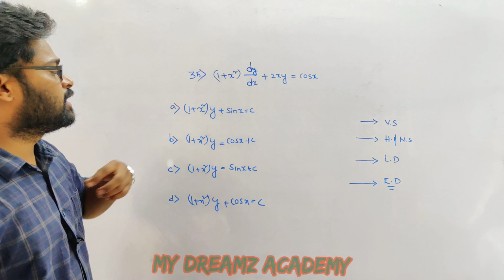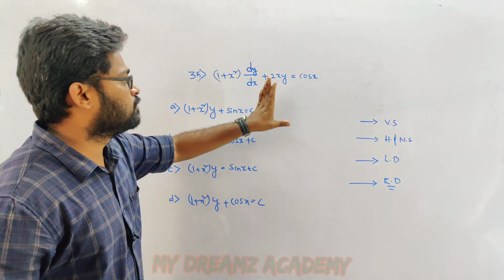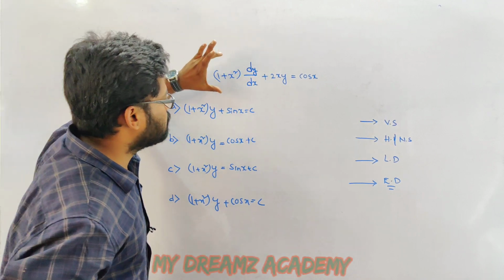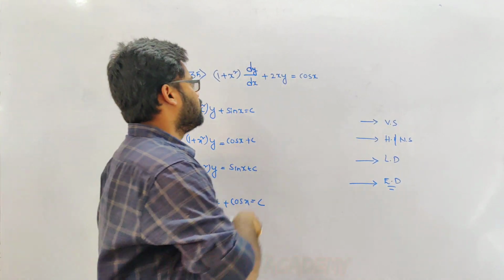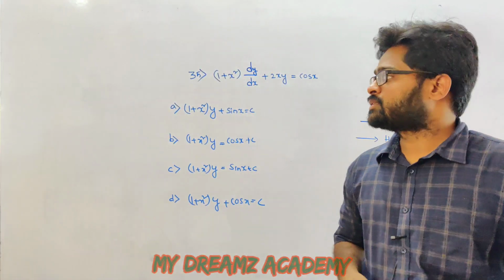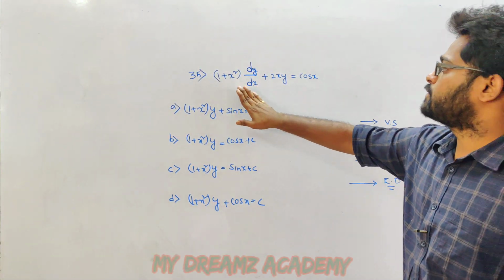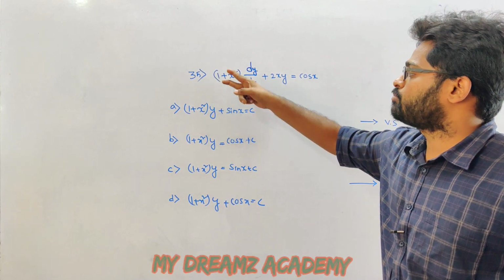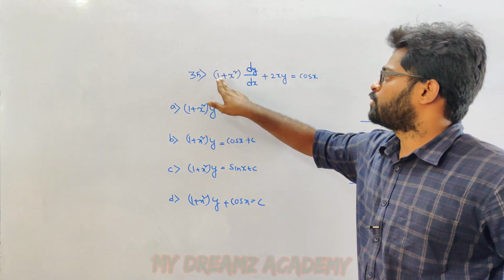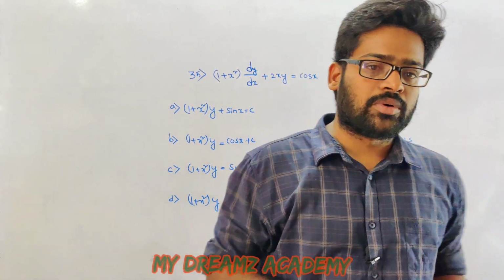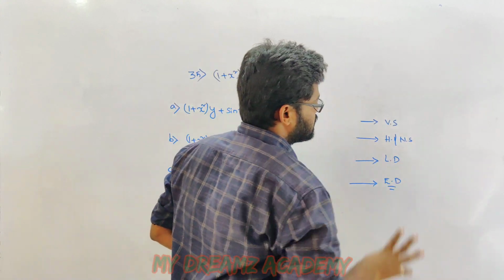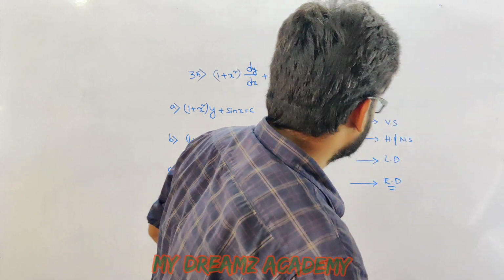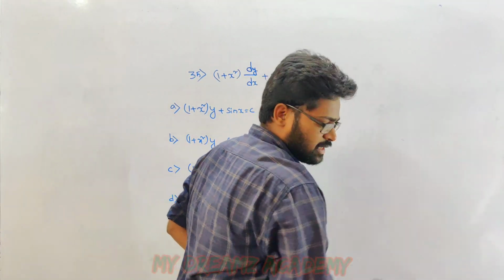First thing, we cannot separate the variables, y variables on one side, x variables on one side. We cannot separate for this question. And whether this is homogeneous or non-homogeneous, by seeing itself we can tell. Here one term we have x square, power 2, and this is also power 2. So with this term it will become non-homogeneous. So we cannot solve by using the homogeneous or non-homogeneous method also. Now see the linear differential equation, whether we can solve by using the linear differential equation method or not. We'll see.